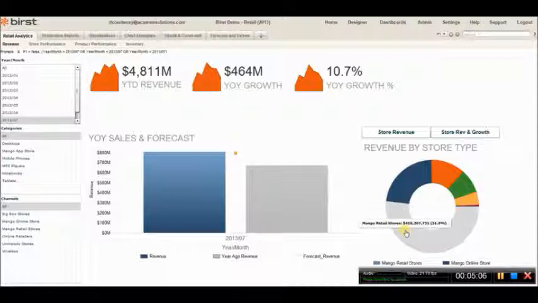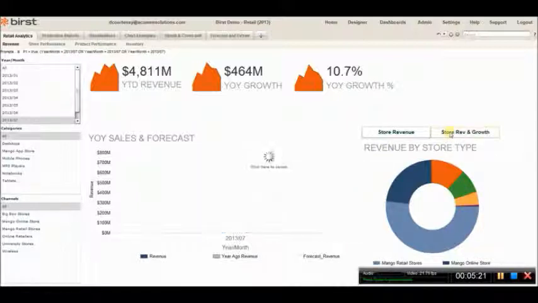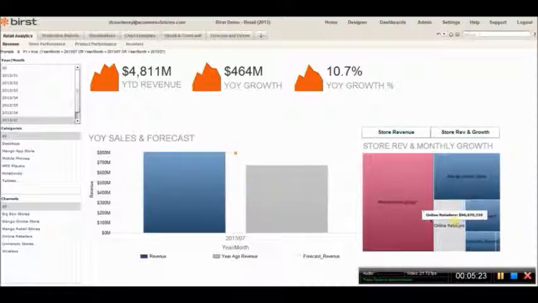So right now we can mouse over. We can see our biggest chunk is retail stores. So that's interesting. It's expected. You know, people go to stores and they buy lots of technology, phones and tablets and whatnot. So that's that. If we look over at our store revenue by growth, we'll get to a different visualization, and